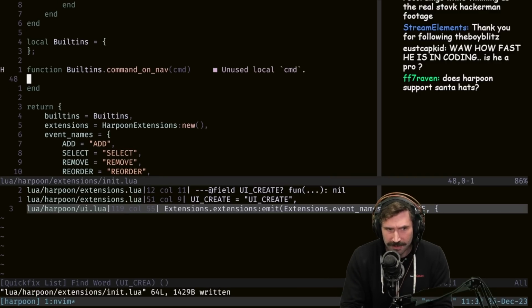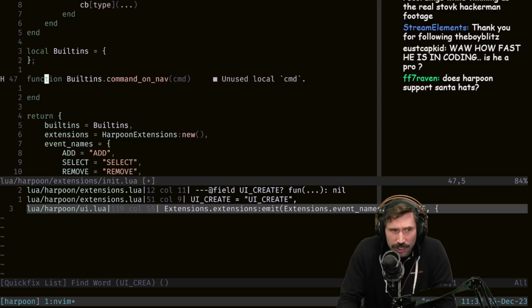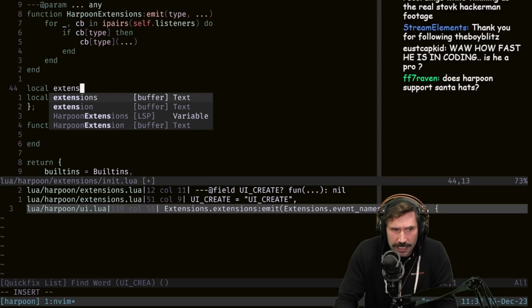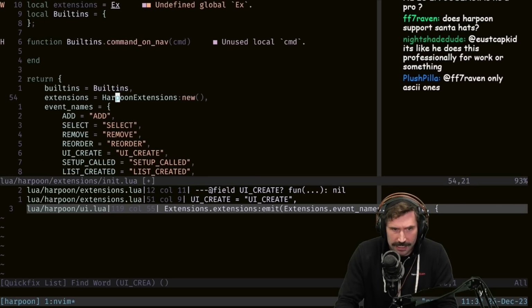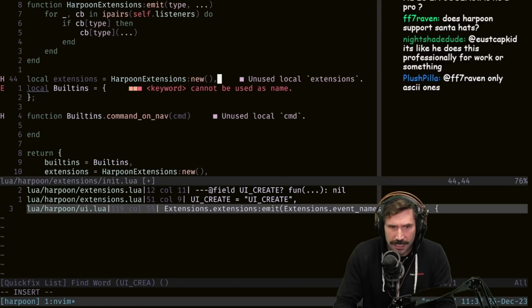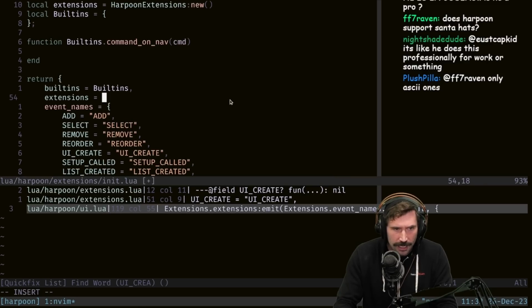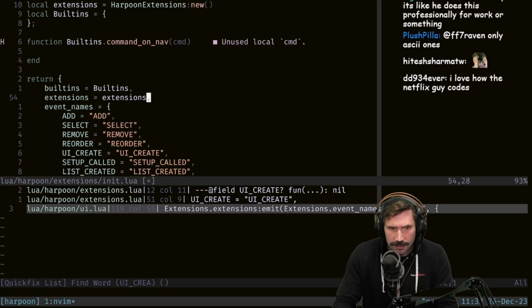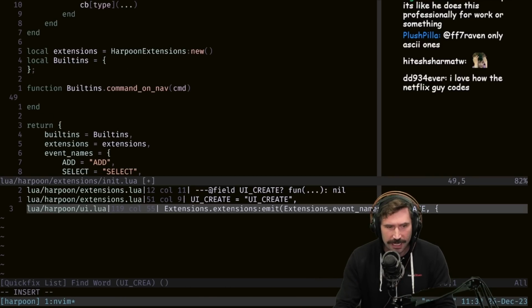And built-ins are just going to be a set of them. So that means that what I can do is go like this. Look how great this is. Local extensions equals, we're gonna yank that. Watch this. Oh dude, it's gonna make it so dang good. Extensions, right? So now, if you just want to execute a command on this, I can just go like this,